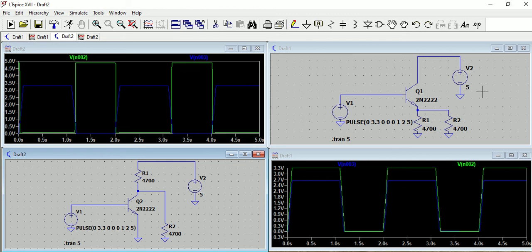It is used to isolate the input and the output. So here is the simple circuit of a buffer, which is the emitter follower configuration, where we are provided the pulse. When we provide 3.3 volt, we know that a transistor is made of NPN, meaning NP and PN junctions, right?